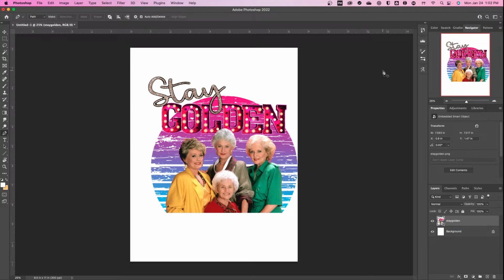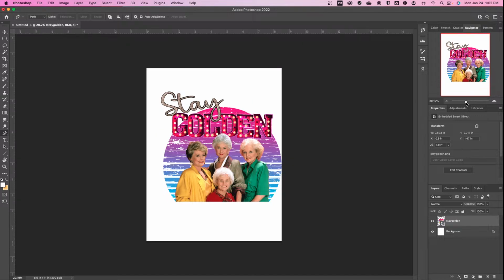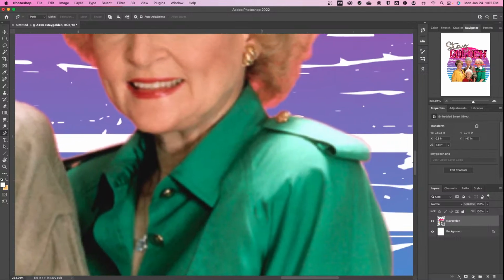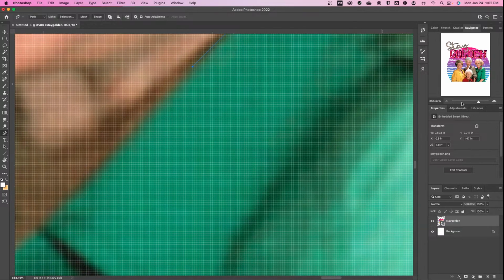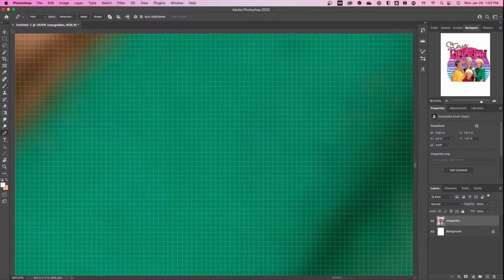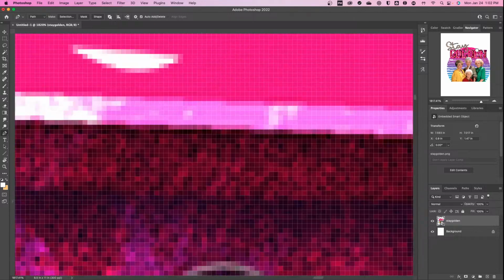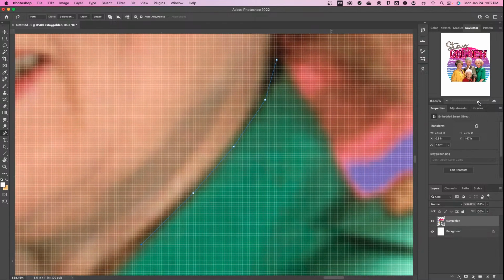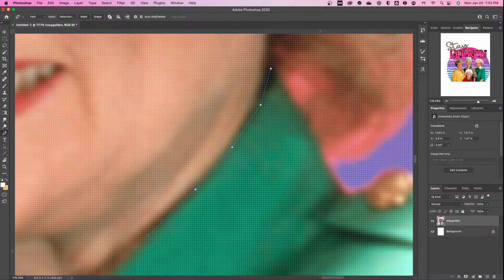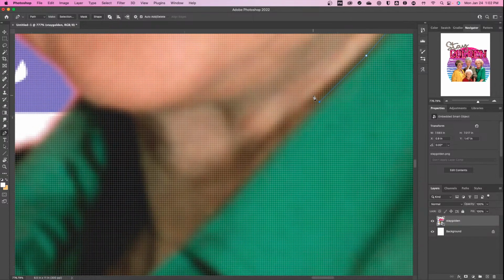What I mean by that is that I'm going to go around and start clicking all around this. So here I am in my navigator, and I'm going to zoom in, and I literally will start clicking. In all reality, I'll be super zoomed in to where I see the actual pixels themselves, and you can see how everything just turned into boxes. You are now seeing the individual pixels. And you can see that I'm a little dot on this right here. I might not be that zoomed in, but between my navigator and this,